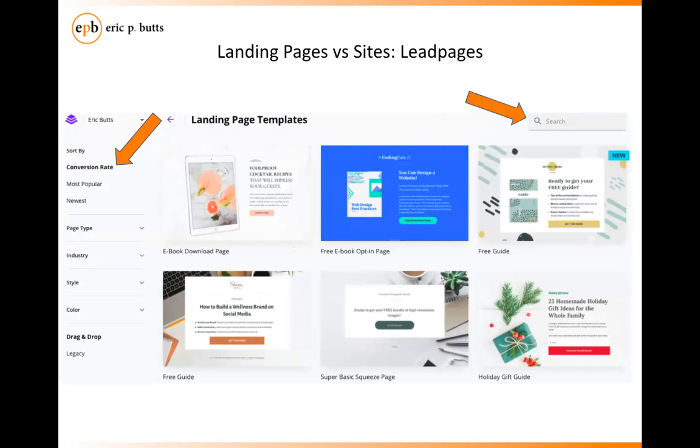I've highlighted the search area here because if you wanted to start from blank, you can type blank into the search bar and create a template from a blank canvas. And then the other thing that I'm highlighting here is actually